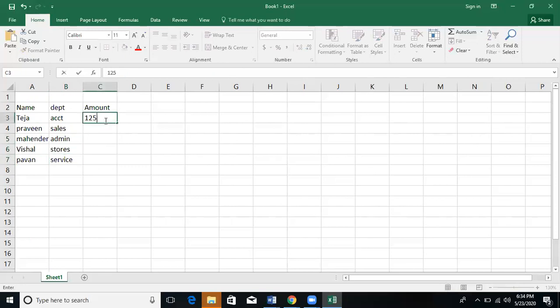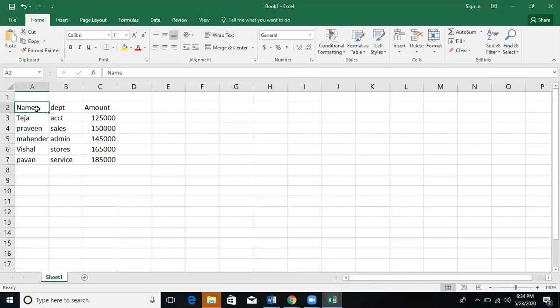Giving the amount also. So we have just entered three columns of some default data.